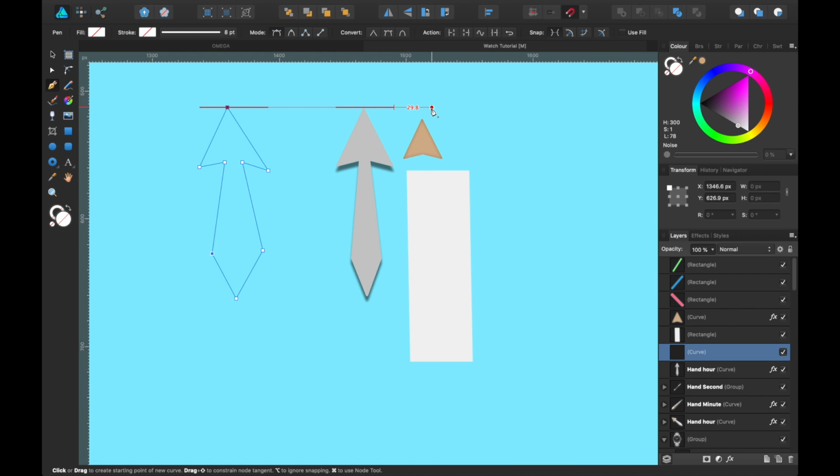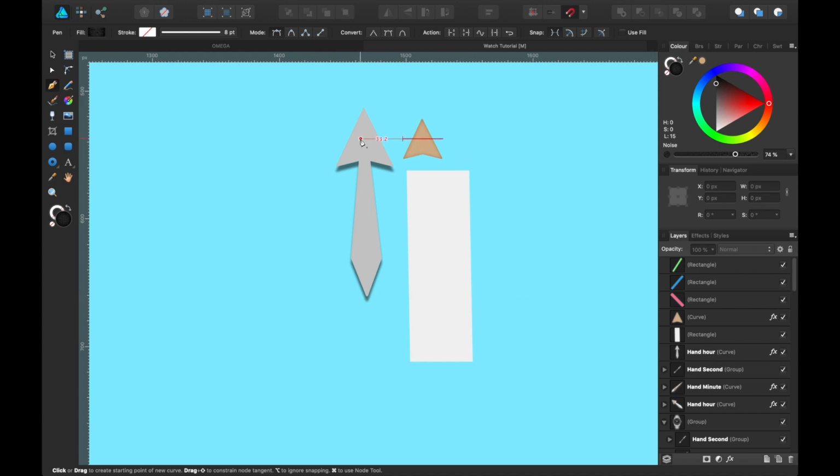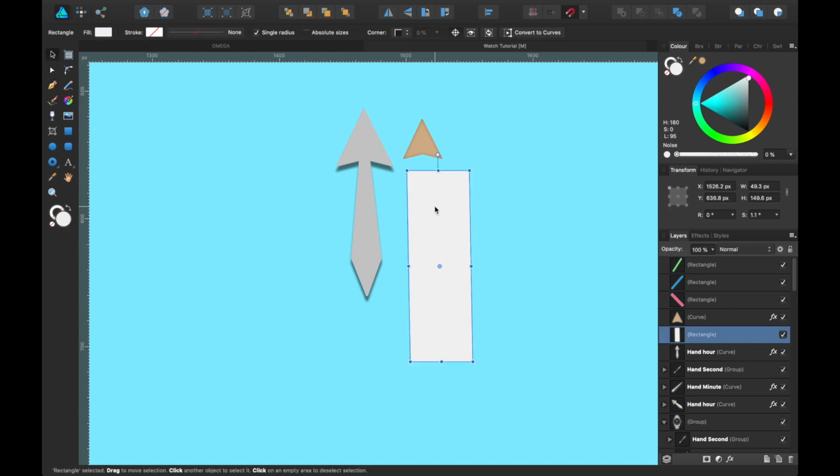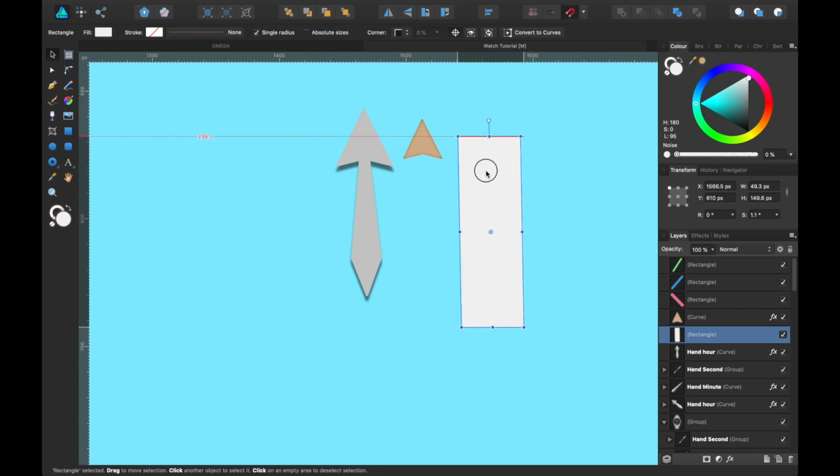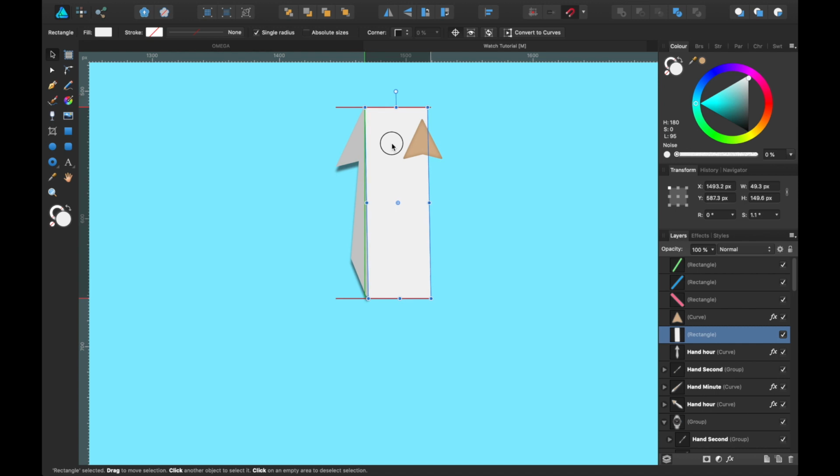And obviously I was tracing over a photograph of the original watch, so I was just kind of tracing like this around there. Anyway, let's get rid of that. So you can do that, make it whatever color you want. So I've made it gray, and then the next thing I did was to add a rectangle. I made a white rectangle and I placed it over it like this, and I nested this white rectangle into that arrow.